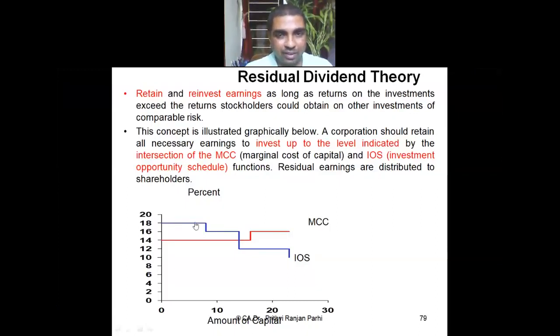Understood it now? That is the point for which we are saying that beyond a particular point, your investment opportunity schedule will give you a lesser and lesser rate. The investment opportunity schedule will always reduce. You can earn more so long as you need it, but if money is there beyond that, then your return percentage will be reduced. Okay, now this is the behavior of our return.